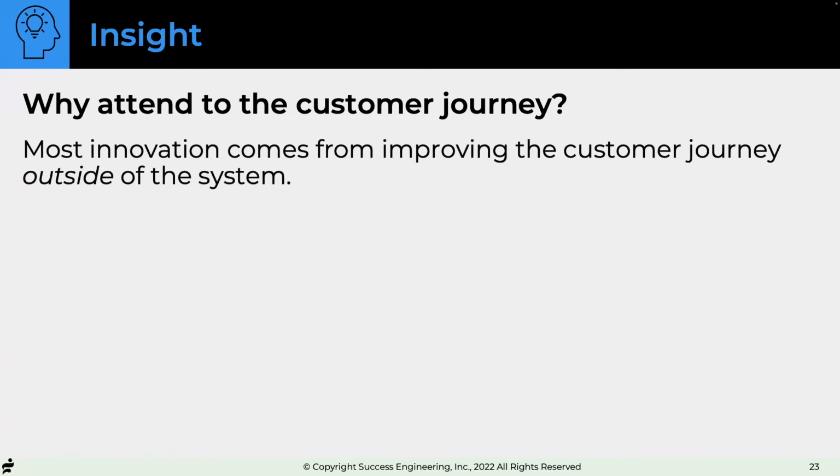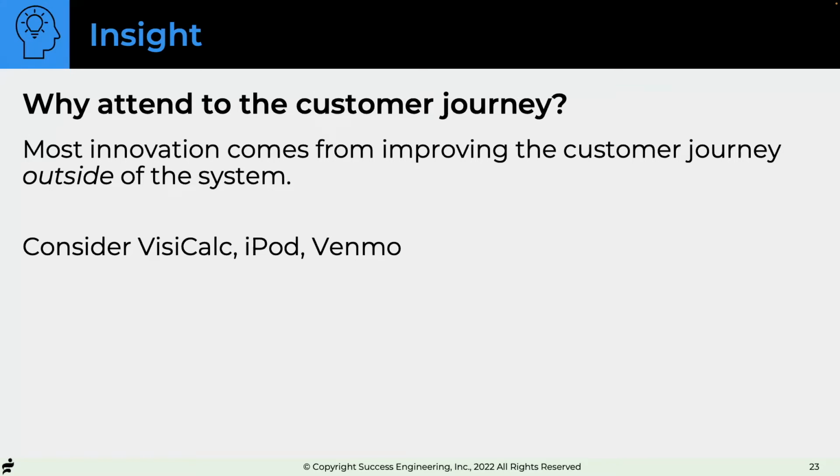Most innovation actually occurs by improving the customer journey outside of the system. When you make it so their whole total job is a lot easier. Consider VisiCalc. That might be a bit dating me. That was out in the 80s. It enabled basically non-programmers to write reports on the Apple II. It was great. Otherwise, they had to go to IT to write reports, and it would take months. The customer journey of using VisiCalc cut things down that used to take months and a whole approval process down to minutes.